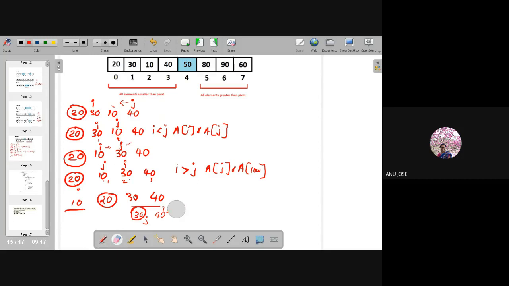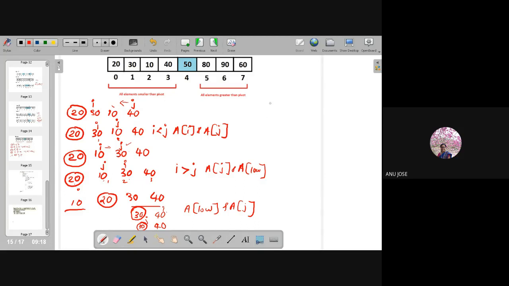So in this case, what should happen? J is a larger value, so A of low and A of J should be interchanged. Both are pointing to the same value, because A of low is 30 and A of J is also 30. So interchanging between 30 and 30 happens. The pivot was 30, so 30 itself is in the right position, which means the array is already sorted. The left hand side of 30 has no element, and the right hand side holds the value 40. So now the elements 10, 20, 30 and 40 are sorted.